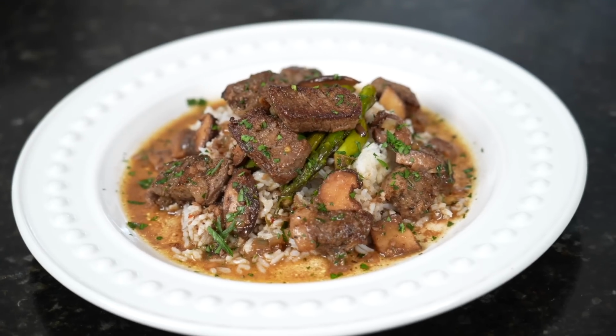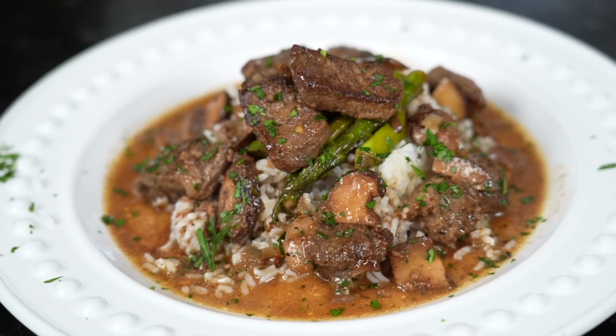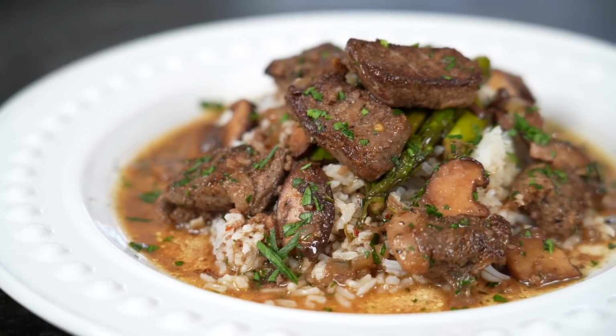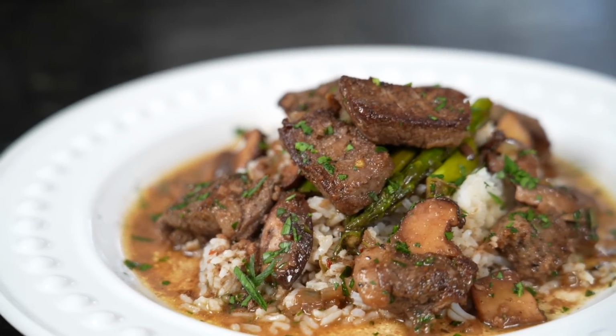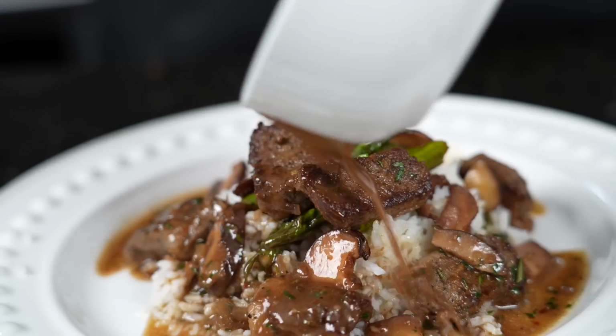Today we're back in the kitchen with another quick, easy, and inexpensive dinner recipe. I'll be showing you how to make garlic butter steak bites. This is a meal I used to make all the time when I was on the keto diet a while back, but today we're using real rice instead of cauliflower rice. We're also pairing this with some asparagus and some mushrooms, and the star of the show, which is this delicious